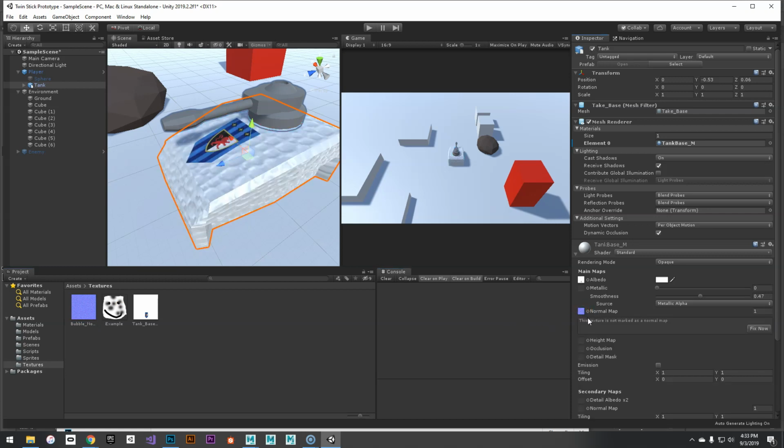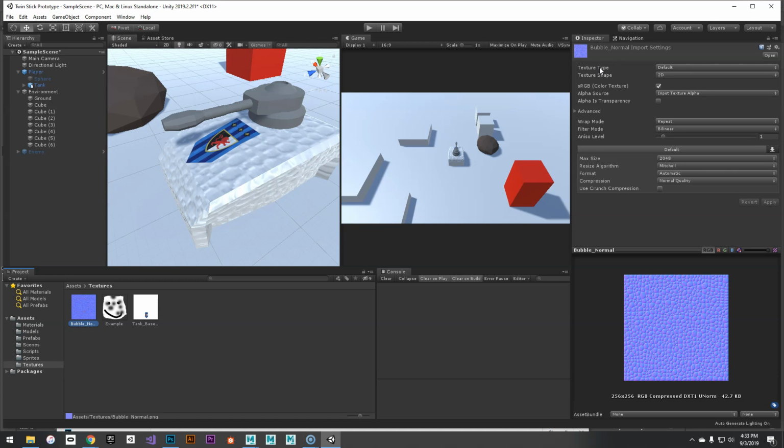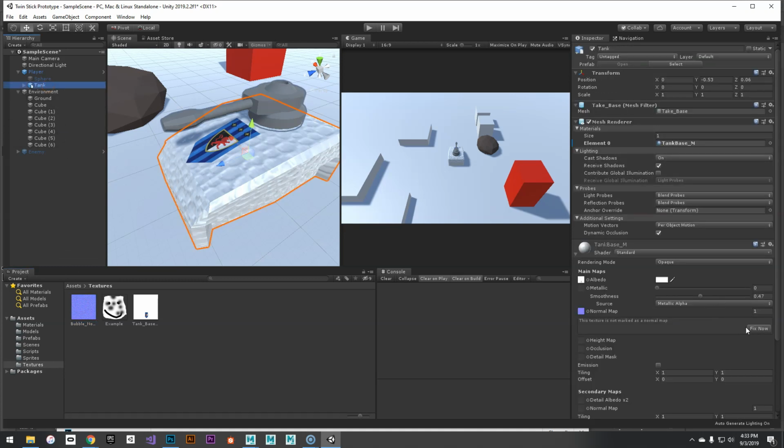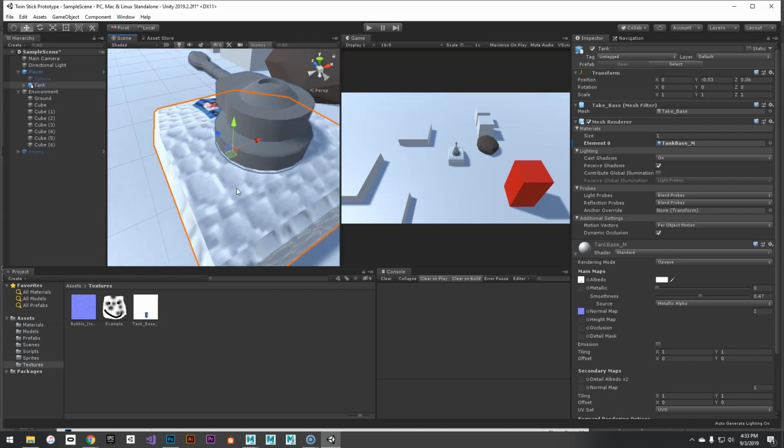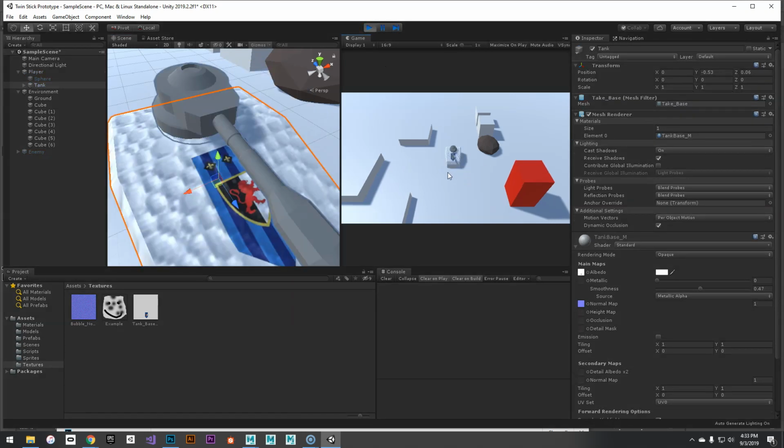It's going to say, hey, this texture has not been marked as a normal map. Do you want to fix it? And that is just because this texture type did not get set. So we can do it here, clicking on the asset. We can do it inside the material. And here you go. So you can see now that the normal map on this thing, kind of low resolution, but it is working. Certainly from the game view up here, you can see that there's this added detail now